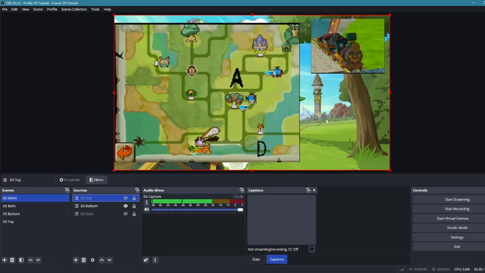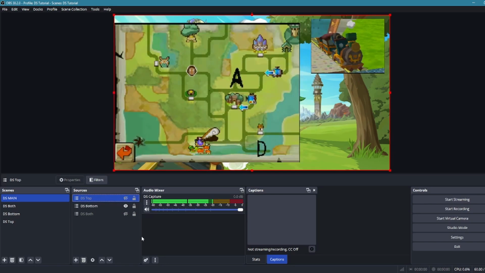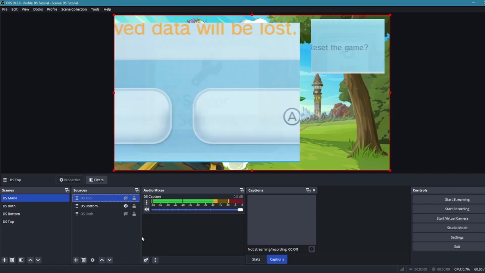Right? And then I want you guys to focus more on the train right now than on the map, so I'm just going to change my screen, and now you're focusing more on the train than on the map. Or I could go back to showing the map. But this is a very useful setup because, for example, if I reset back to the menu, like I do this,